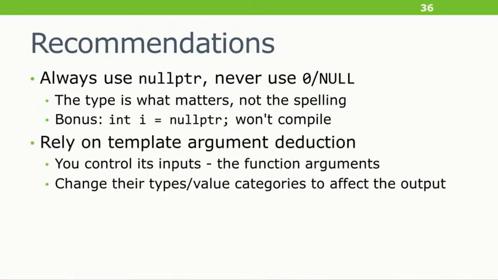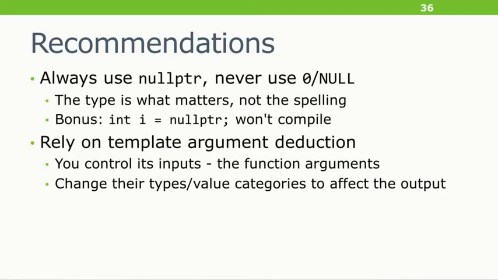Then as for all of these cases where explicit template arguments explode, the theme is that you should rely on template argument deduction. Just like C++ wants you to manage resources with destructors, C++, the core language and the standard library, they really, really want you to call algorithms and other functions with template argument deduction. This is the intended way that they're supposed to be used. If you want to change how they work, like we saw with the generate example where we want to change how it takes the function object, you should control the types of the inputs and allow that to flow through the rest of the function, and overload resolution, all that stuff.